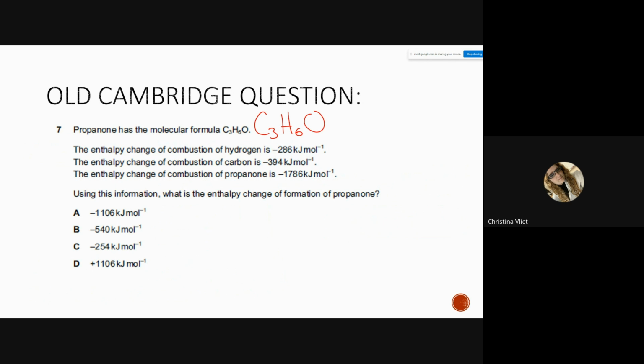We're supposed to know propanone's formula, right? CH3... Organic's not going very far away, just so you're aware. It's coming back in just 2 weeks. After we finish this unit, we're going right back. It's propanone. But to answer our question,